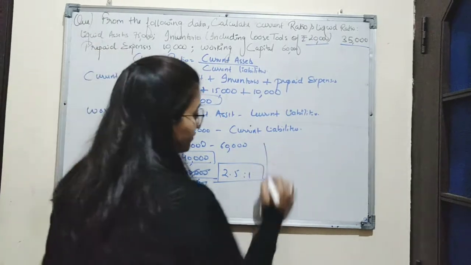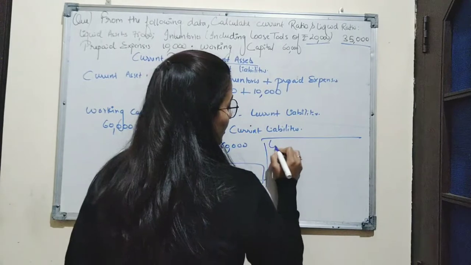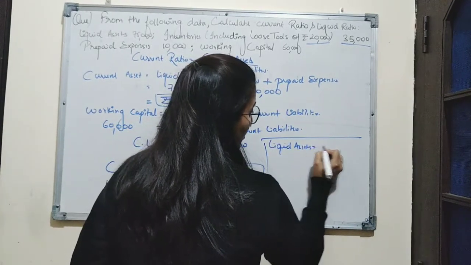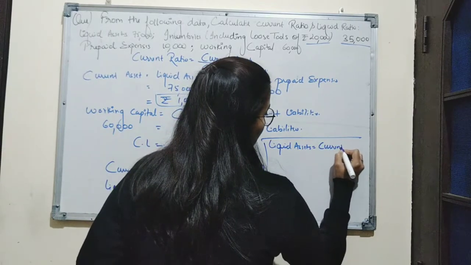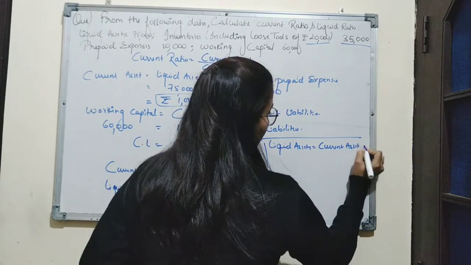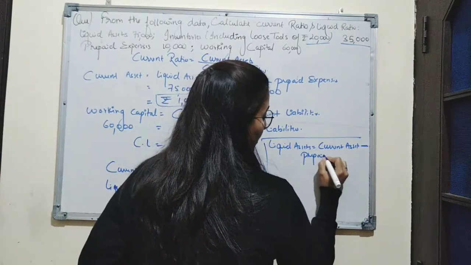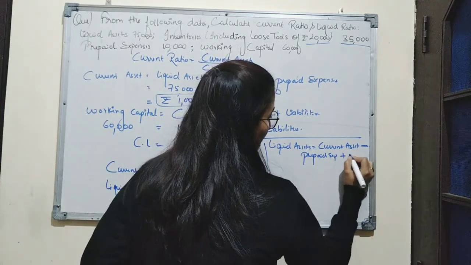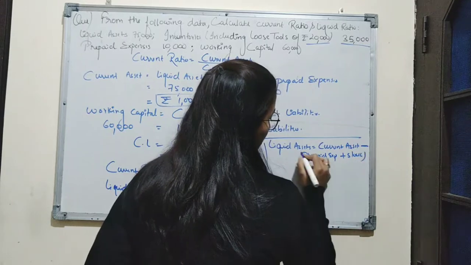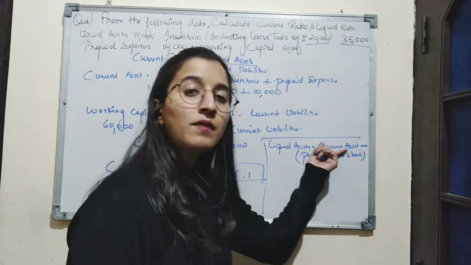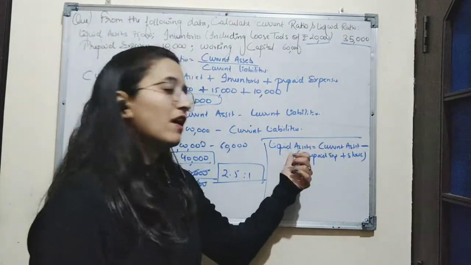As we know, liquid asset includes all the current asset except prepaid expenses and stock. So we will deduct prepaid expenses and stock from current asset to calculate the value of